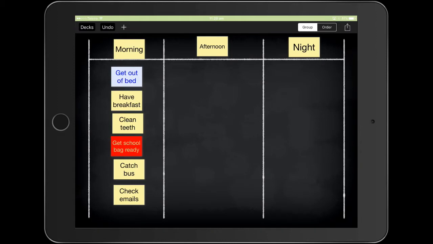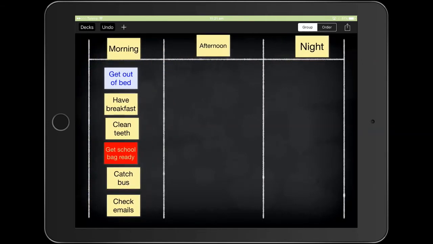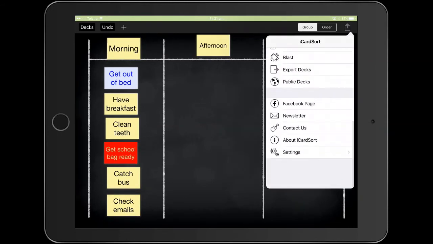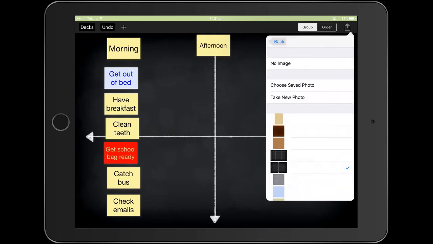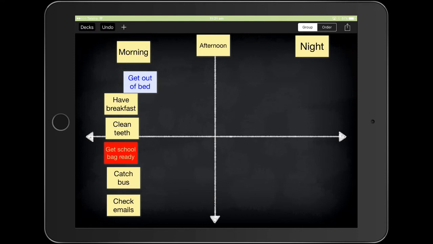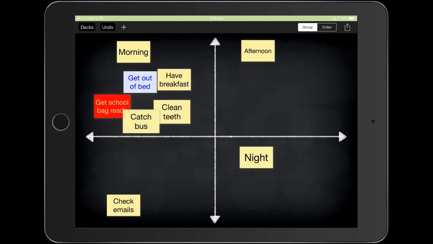And I think iCard Sort is one of those apps that's a little bit underutilized in regard to the different areas that we can actually use it in. It'd be great for science experiments, looking at the order of things and being able to manipulate those. And it's really great at zooming in and out there. You can see that I can manipulate my cards really, really well. And then all of a sudden, if I change the whole context of it by going to my settings and going down to background images, you can see there that I can start to fill things into quadrants, for example,